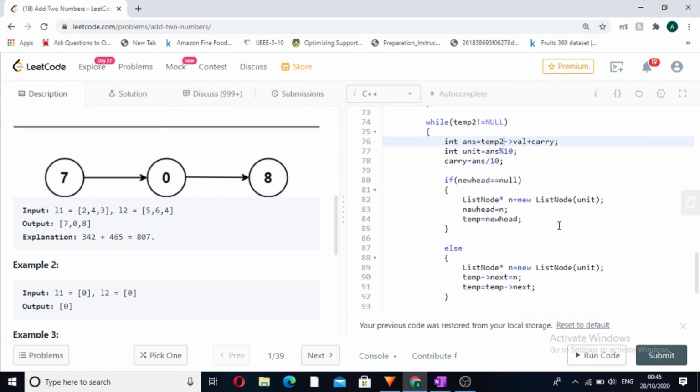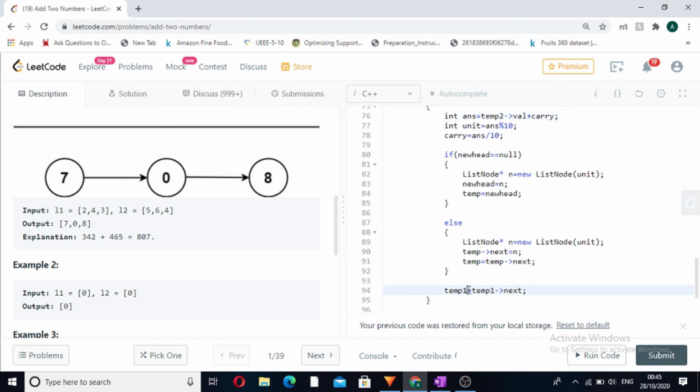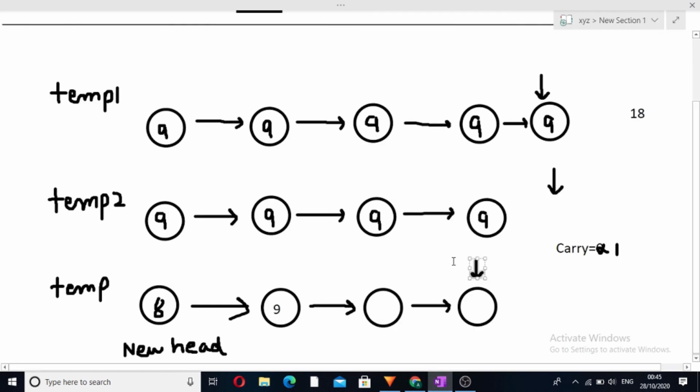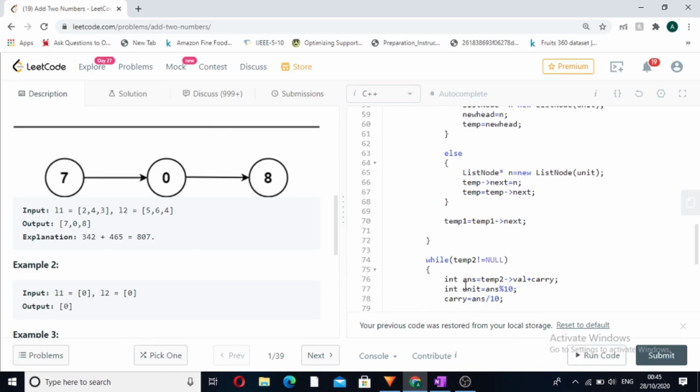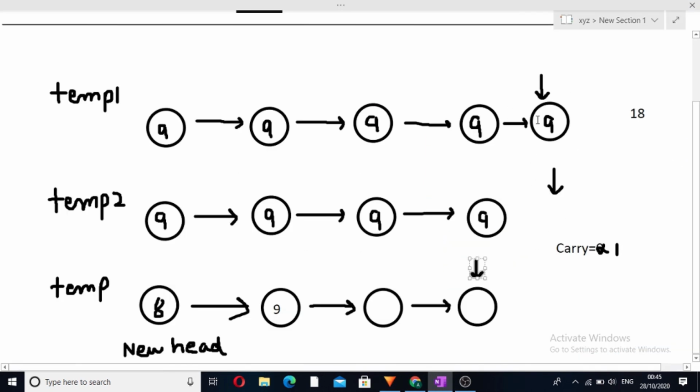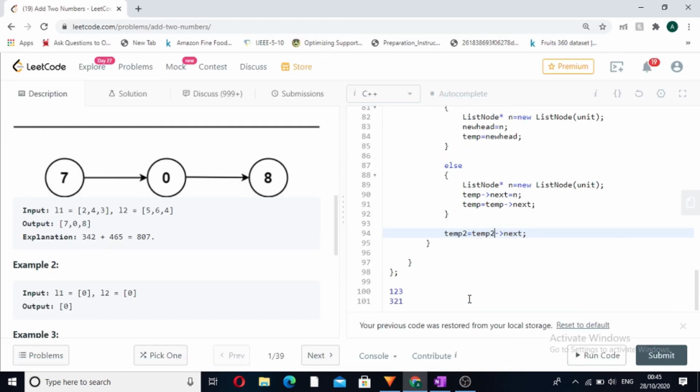So temp2 new head, temp is equal to new head, and yes, here temp2 is equal to temp2 dot next. So after both the while loops are over, it means that first we have taken into account the linked lists which have the same length, till same length we have taken account, and afterwards when we have written two while loops, that is while temp1 not equal to null and while temp2 not equal to null, it means that we have taken care of the remaining linked list of any one part. So now there is another condition. See, after a while loop is over, that is when we have taken into account the excessive remaining linked list also, there is a condition.